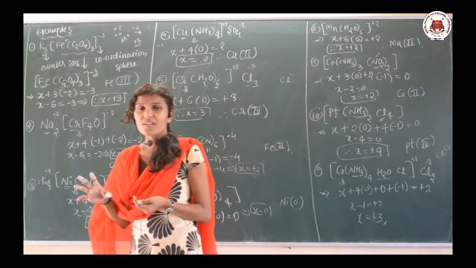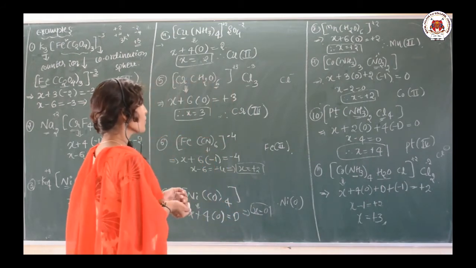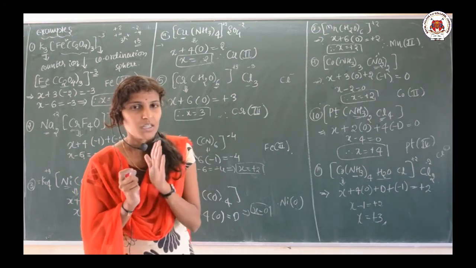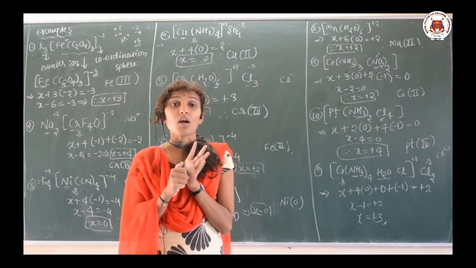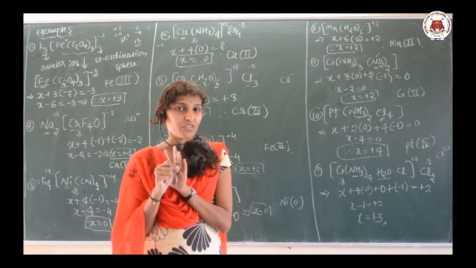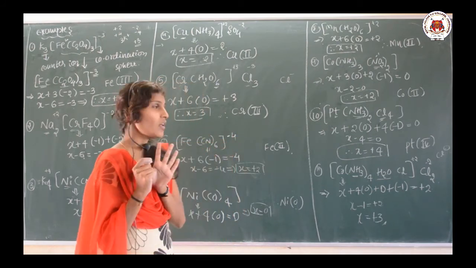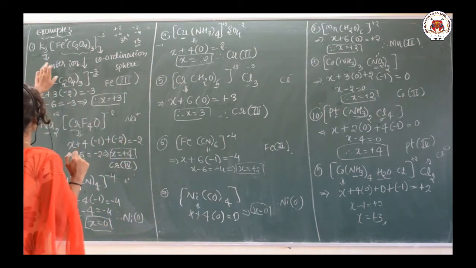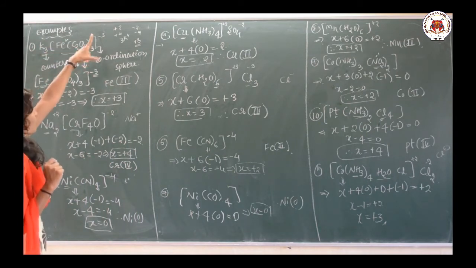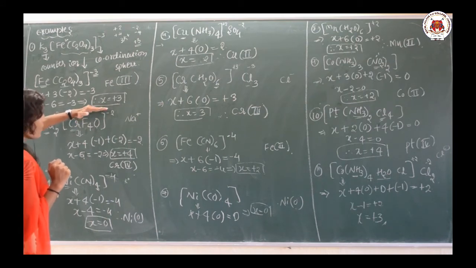So, these are the examples where we have discussed how to find out the oxidation number of the central metal atom. First, think about the counter ion. Which is the counter ion? Then make sure what its charge is. The same charge in the opposite sign is taken for the coordination sphere. See here, suppose K carries +3, it means this coordination sphere can carry -3. So, if you go on calculating, the answer will be +3.